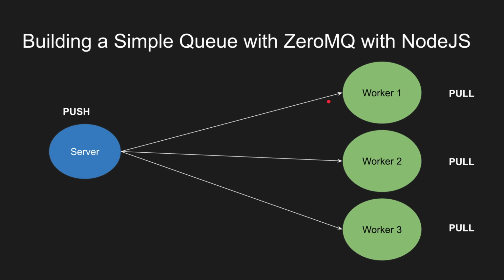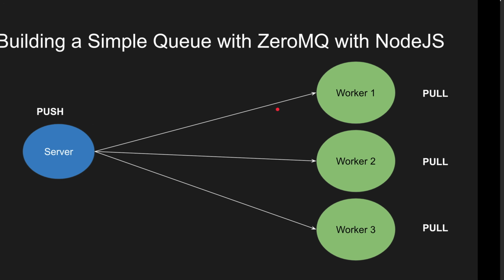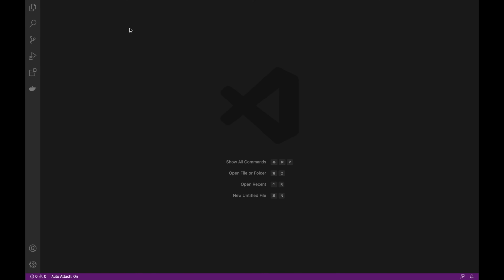How about we jump into the code, guys? Let's jump into Visual Studio Code and start doing this thing. All right, guys, I have Visual Studio Code. I have Node.js installed. How about we jump into it and build a simple queue with Visual Studio Code, Node.js, and ZeroMQ, right? So I'm going to open a brand new spanking